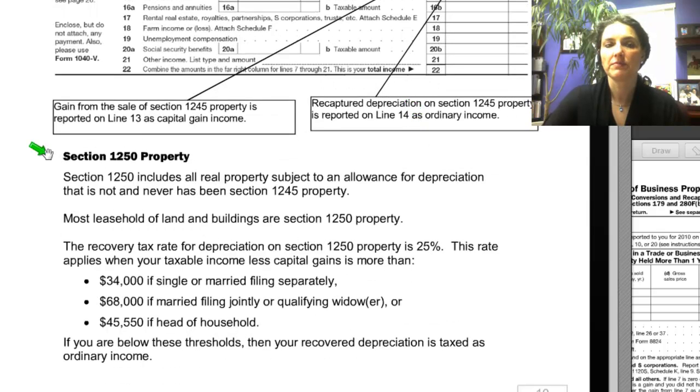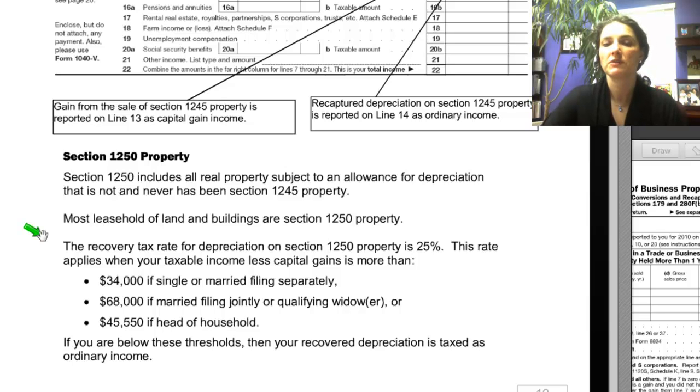Section 1250 property, that's real estate, remember. Section 1250 property includes all real property subject to an allowance for depreciation that is not and never has been Section 1245 property. Most leasehold of land and buildings are Section 1250 property. The recovery tax rate for depreciation on Section 1250 property is 25%. That's the maximum rate of tax you would have to pay if you recapture or recover depreciation on the sale